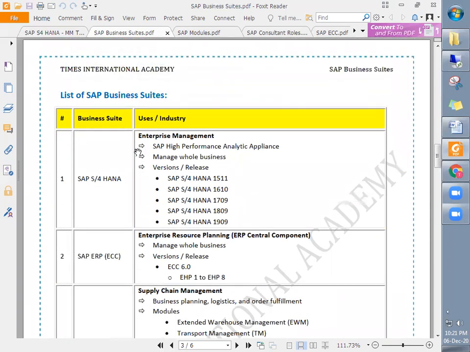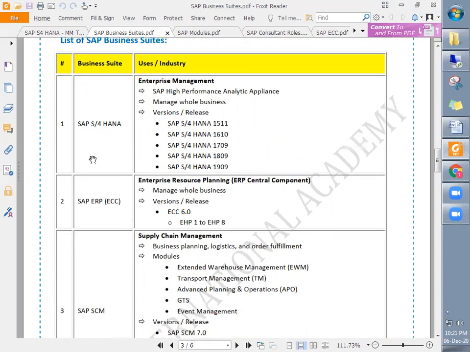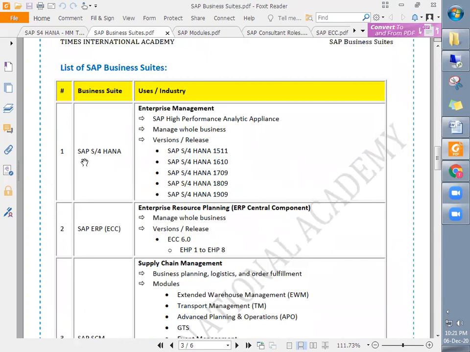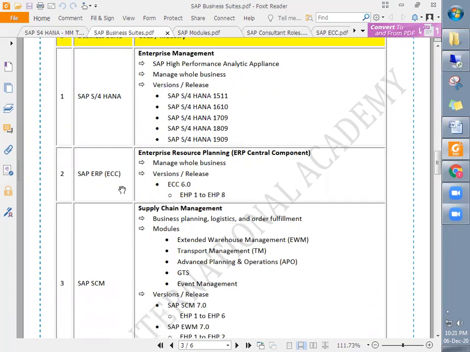Like Microsoft offers MS Office, Microsoft Dynamics, different software, similarly SAP also has different softwares like SAP S4HANA. I will be providing you the training on SAP S4HANA and the latest version, that is 1909. Before that, it was SAP ERP, which is also known as ECC. This is the old version.